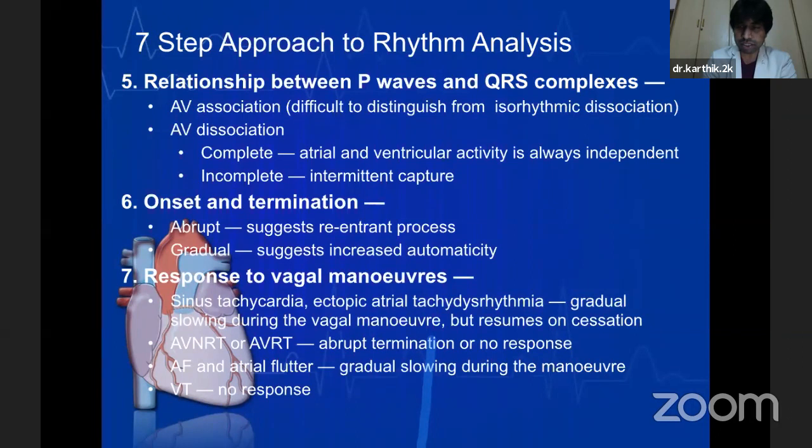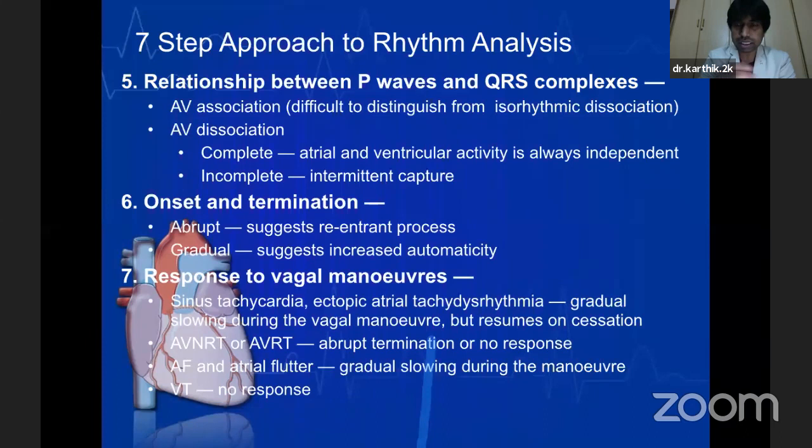And the sixth point that you should understand on these ECGs is sometimes, especially when you come across a patient with a supraventricular tachycardia, as soon as you diagnose, you may be looking at the ECG and suddenly the tachycardia may disappear, or suddenly the tachycardia may reappear. So these kinds of behaviors on an ECG, when documented, become very important for the diagnosis of the entity.